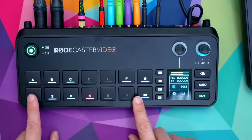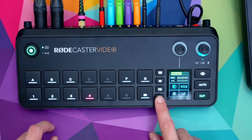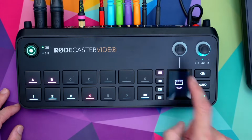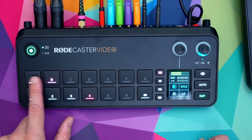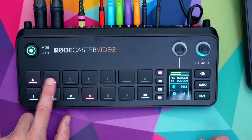That's kind of the default, the way this is. Here you have your media, your overlays, your multi-source, and your keying. And then when you do this, these sort of change. So for example, media, I can go here, and now I have 2 media clips loaded in. One is my podcast intro, podcast outro, so I can play those. So I can be on source 1, push that media button, push the intro, and then go back to source